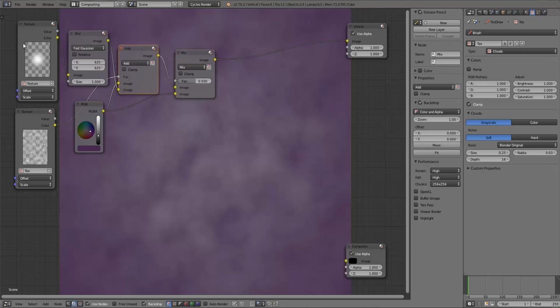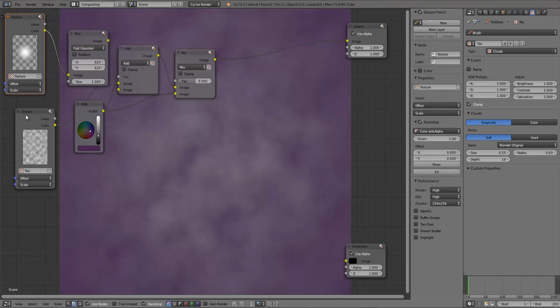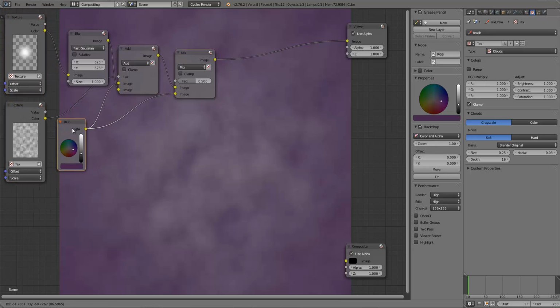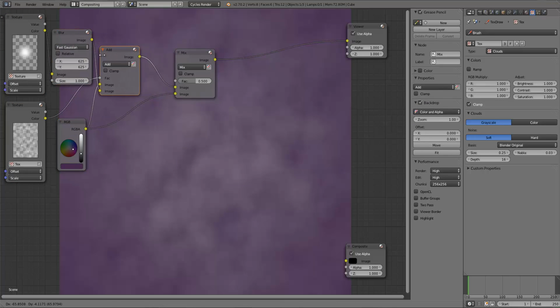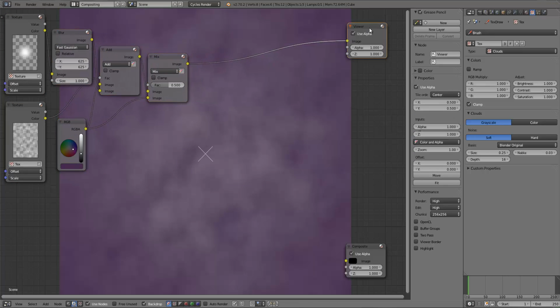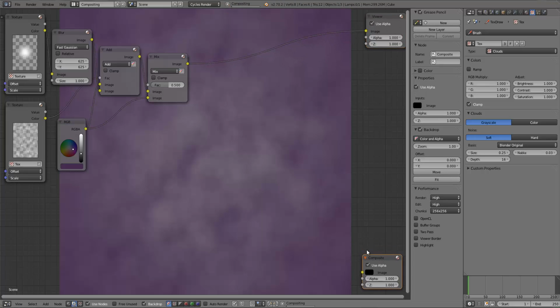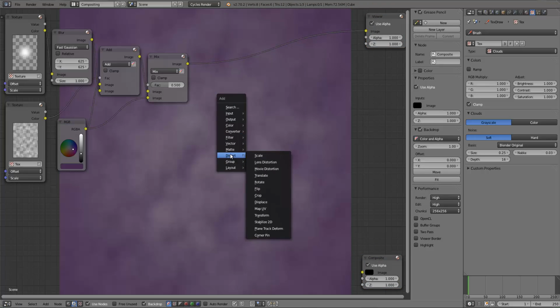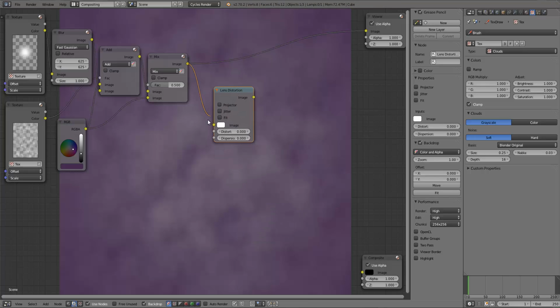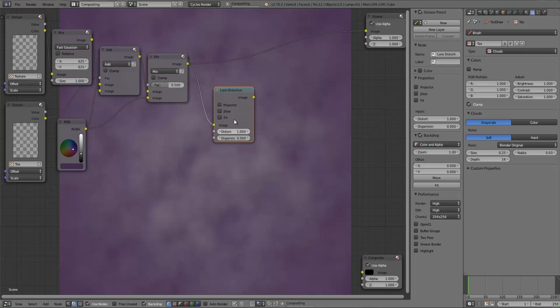Alright. Yeah, so let's go ahead and add a vignette. So that'll emphasize sort of the darker corners. It might help make the background stand out a little more. Oops. So I'm just going to go ahead and press Shift-A, hover over Distort, add a lens distortion node, bring the distortion all the way up to 1,